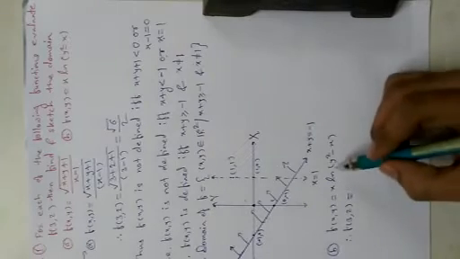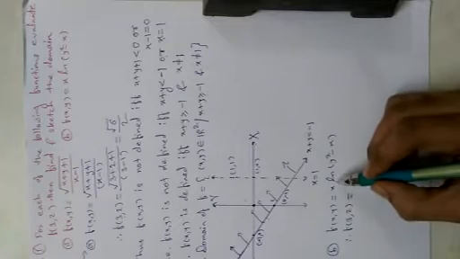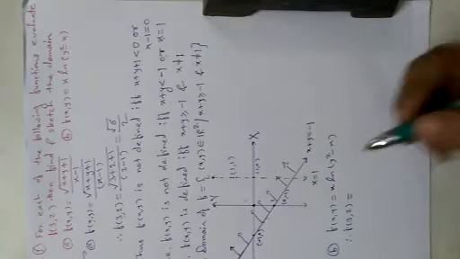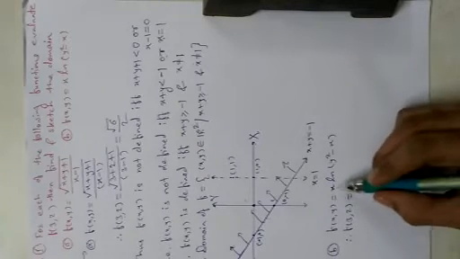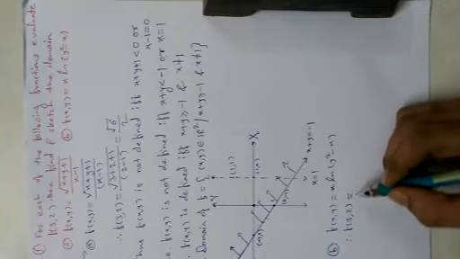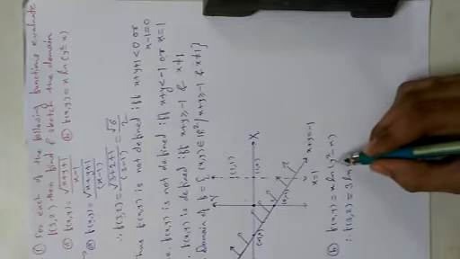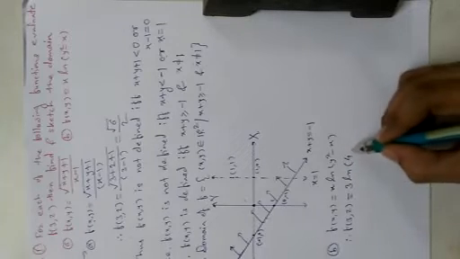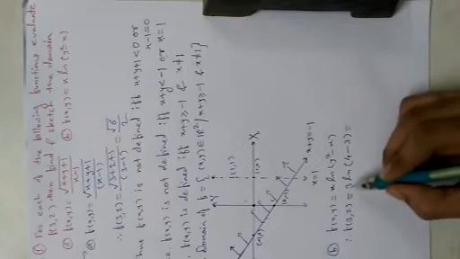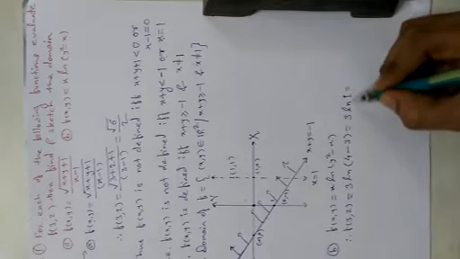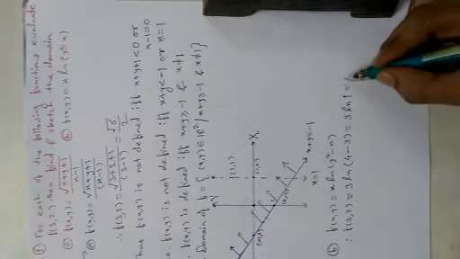Now consider the second function, which is x into ln of y square minus x. Ln is the notation used for natural logarithm. First we will find f of 3, 2. Put x is equal to 3 and y is equal to 2. We will get 3 into ln of 2 square, which is 4, minus 3, which is 3 into ln 1. 3 into log 1. Log 1 is 0. 3 into 0 is 0. Therefore f of 3, 2 is 0.